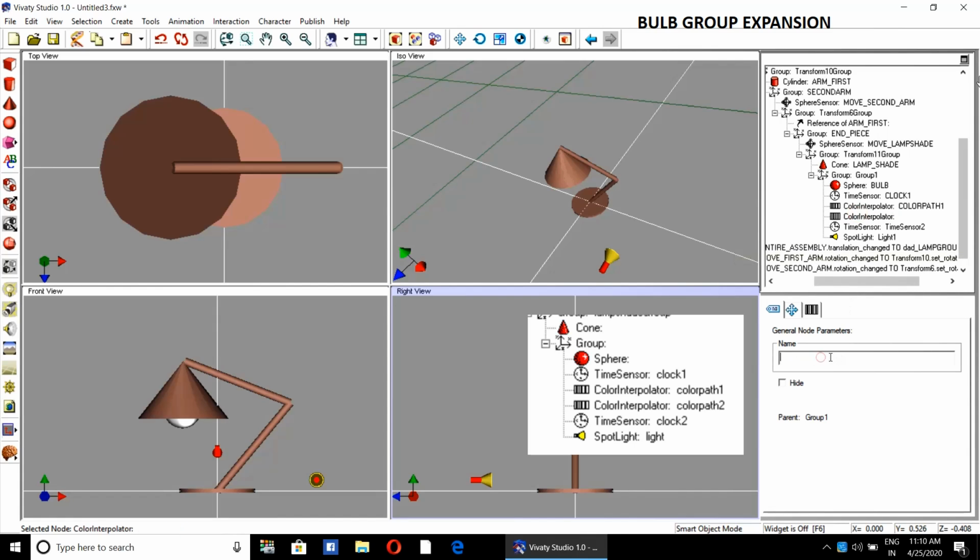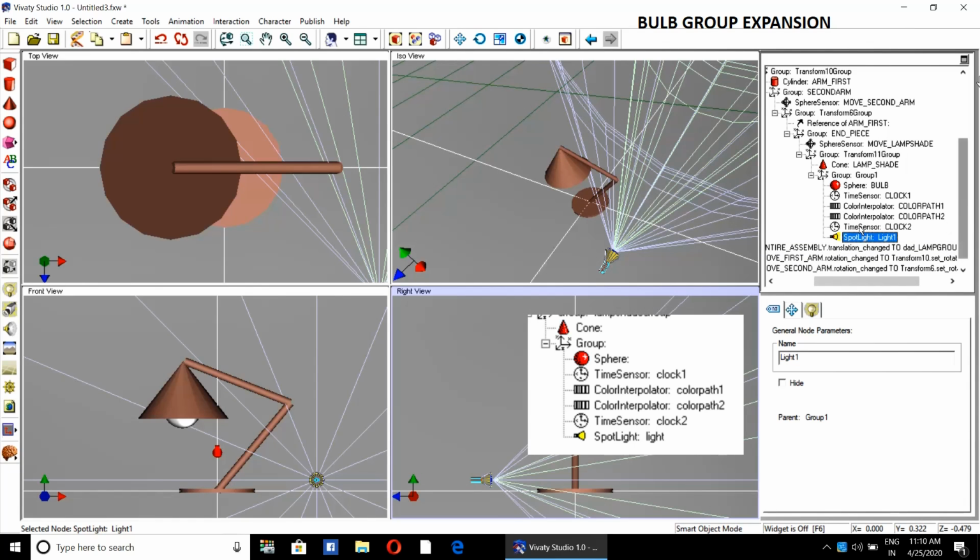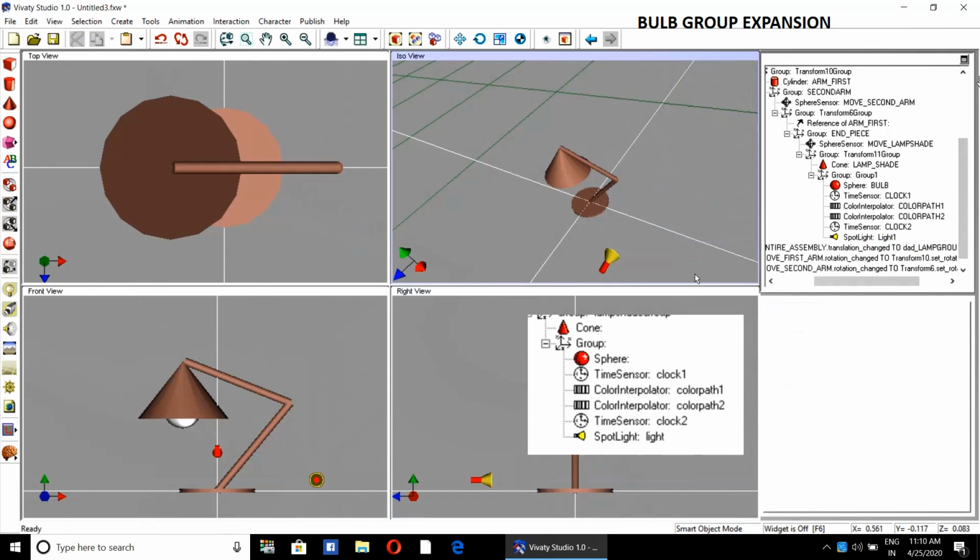The second can be called color path 2. This is for easy identification. Then time sensor 2 will be clock 2. There is no need to change the name of the light. So that's all.